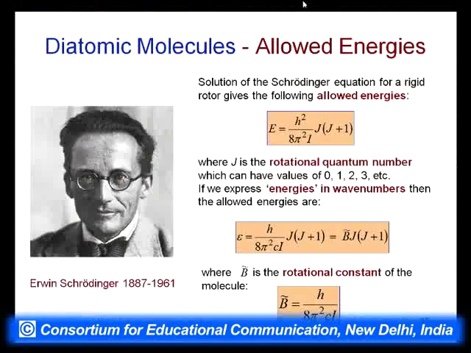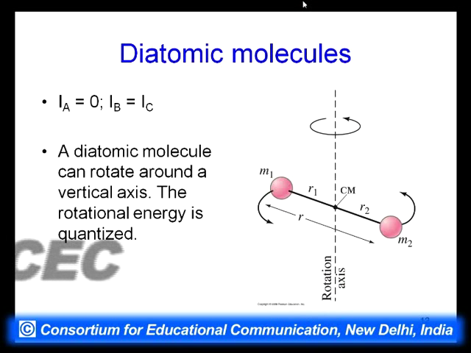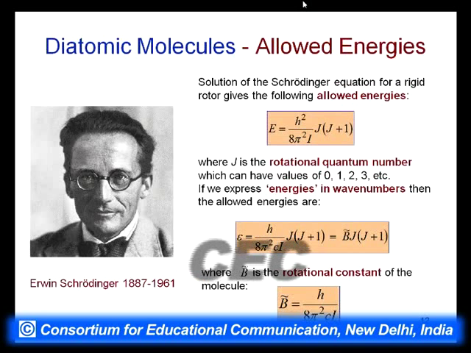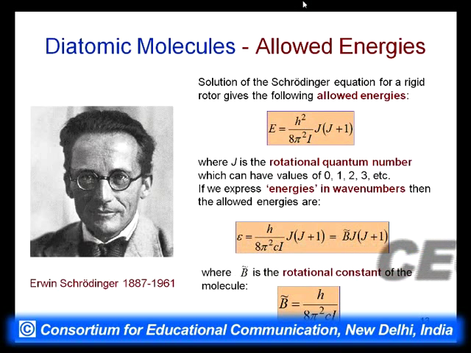So now the next step is to write down the Schrodinger equation for this, and it is slightly complicated in the sense that we are talking about a rotational kind of motion, and so we have to convert a Schrodinger equation from xyz coordinates to spherical polar coordinates and then solve for the rigid rotator problem. We will not do that, we will just take the results of that, and the results are that the energy is quantized and is given by h square, where h is Planck's constant, divided by 8 pi square I, where I is the moment of inertia, pi is the usual pi, and j into j plus 1,